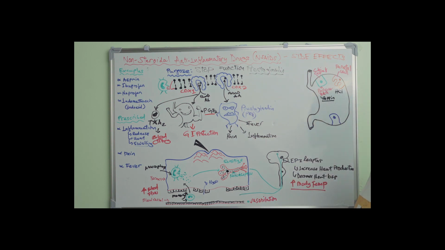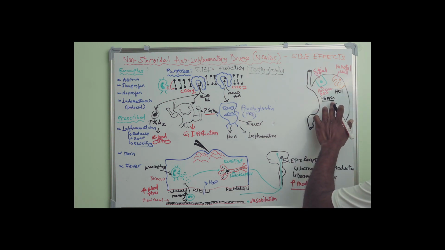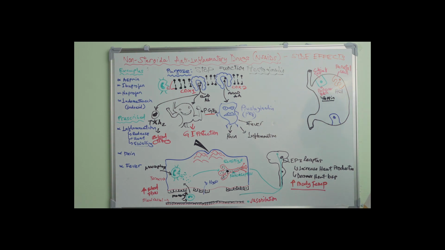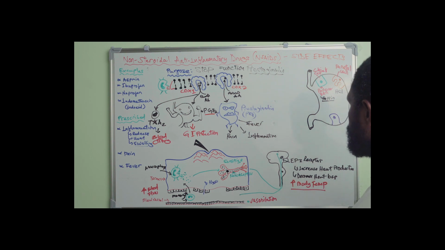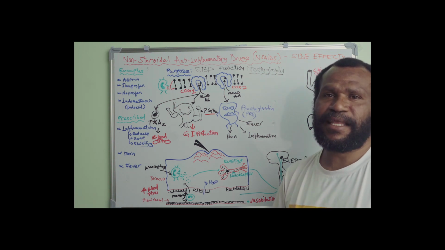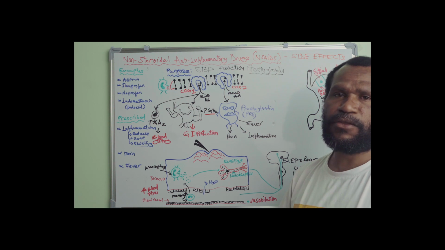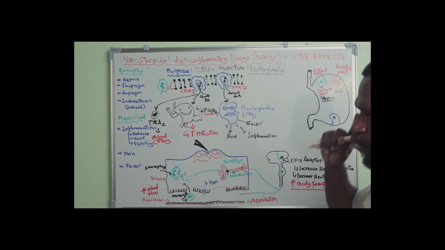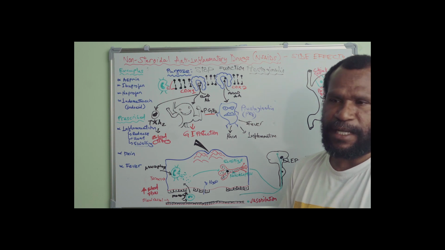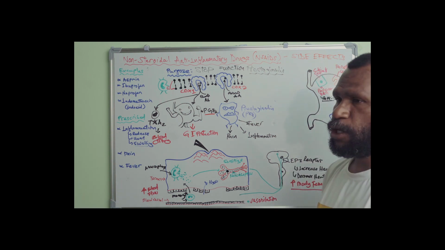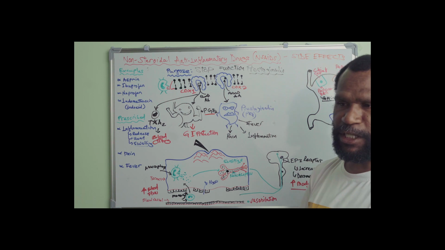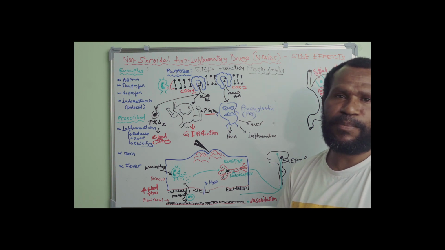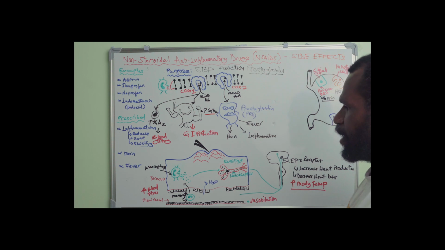And hydrochloric acid functions to activate this pepsin as well as kill any bacteria that gets into our stomach with food, and also helps in the digestion of proteins. It denatures proteins in the stomach. When you eat a nice chicken, first the hydrochloric acid will denature it, unfold the proteins, and then it is this pepsin that will digest the proteins, break them down into peptides and amino acids that can be absorbed in